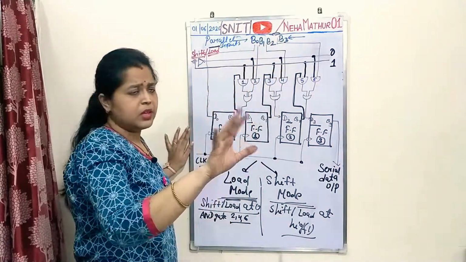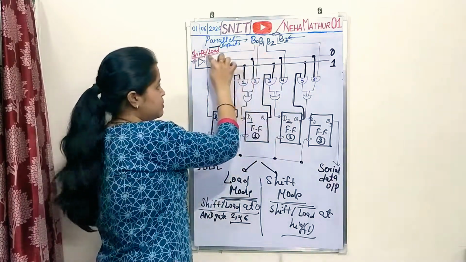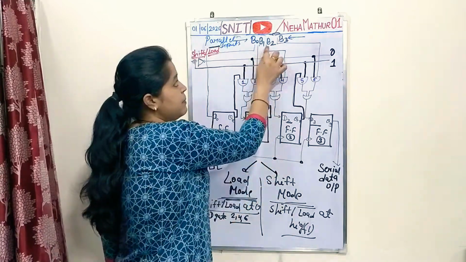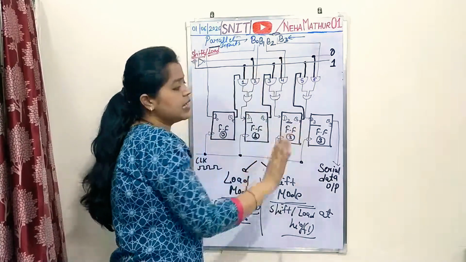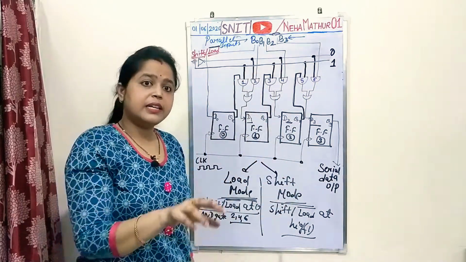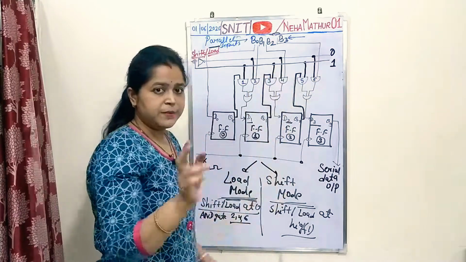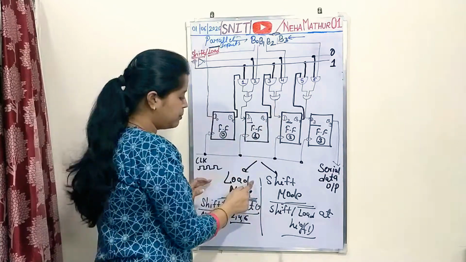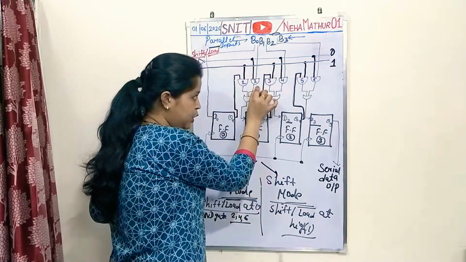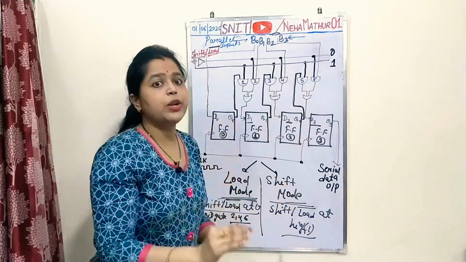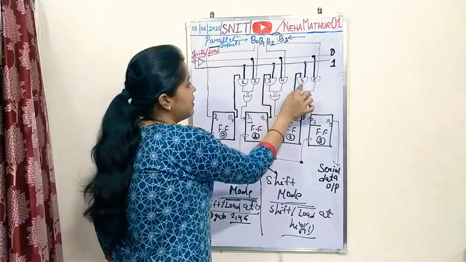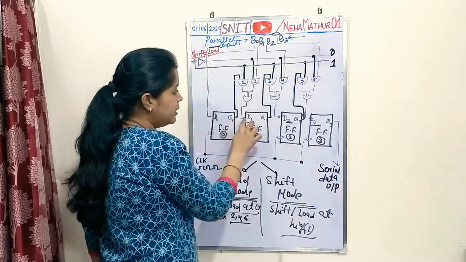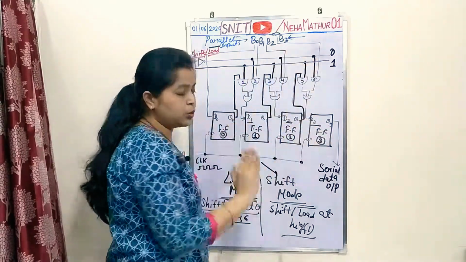There is not much complexity with B0 because B0 is directly connected with D0. The complexity is with B1, B2 and B3, because they are not directly connected with the respective flip flops. They are connected with flip flops via these circuits. So when you are operating this circuit in load mode, your gate number 2, gate number 4 and gate number 6 are going to be active while 1, 3, 5 are inactive. That means in this mode you are able to apply your respective input to the flip flops.